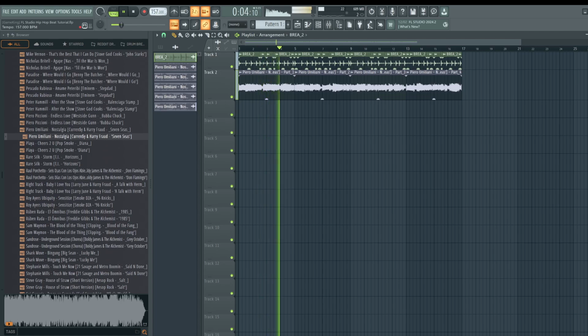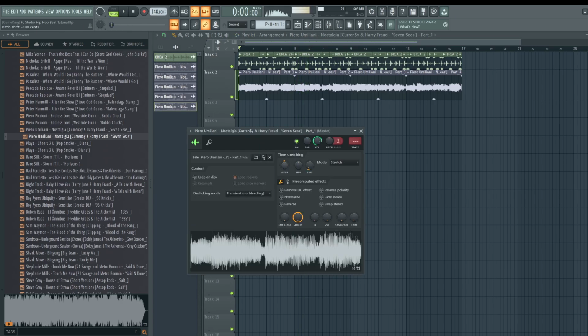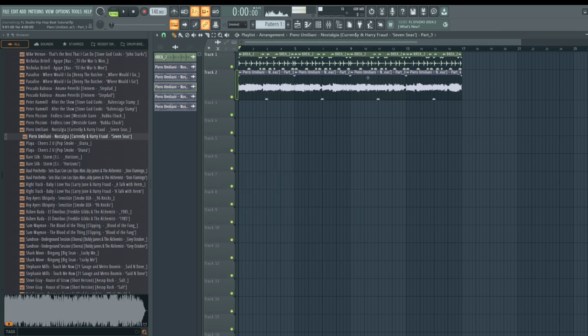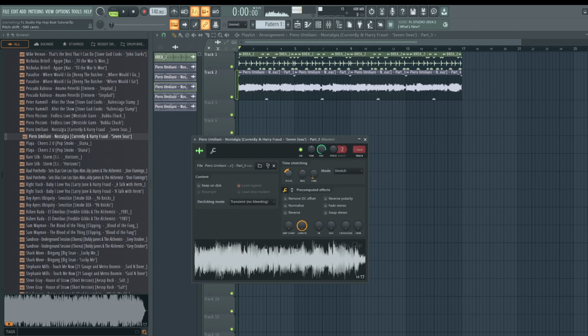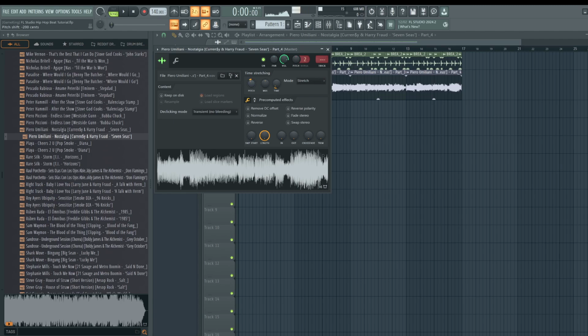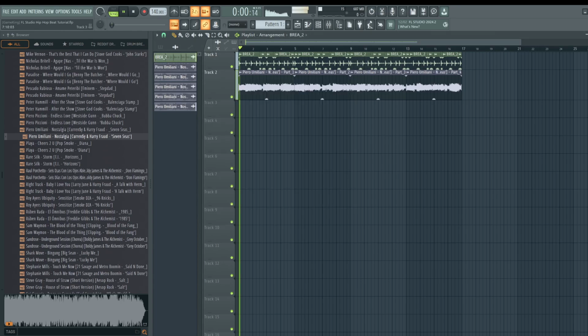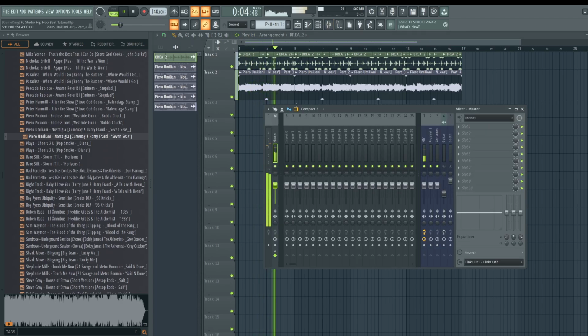So let's pull it back down to 140, which is 70. Now if I'm going this slow, I'm going to pull the sample down so it feels like we're playing it at a slower speed. So it's going to be like, I'm talking like this, and I'm talking like that. So that is how the pitch works with the tempo. The slower the tempo, usually the lower the pitch, and vice versa. The higher the tempo, usually the higher the tuning. This is the perfect blend right here. There's really nothing else to do on this beat.